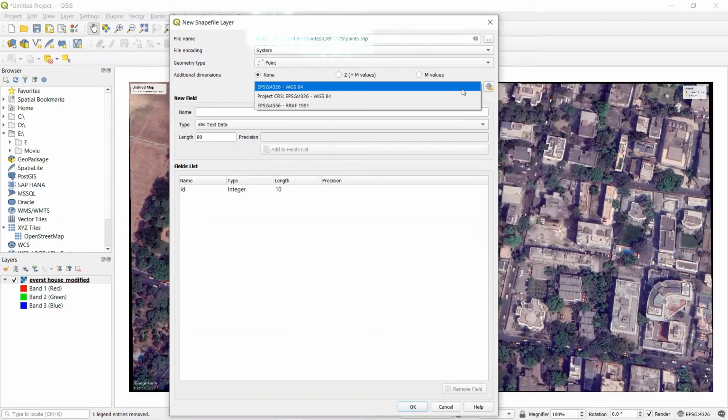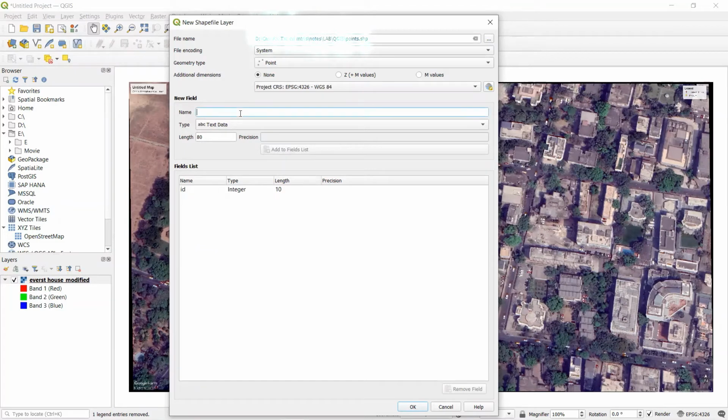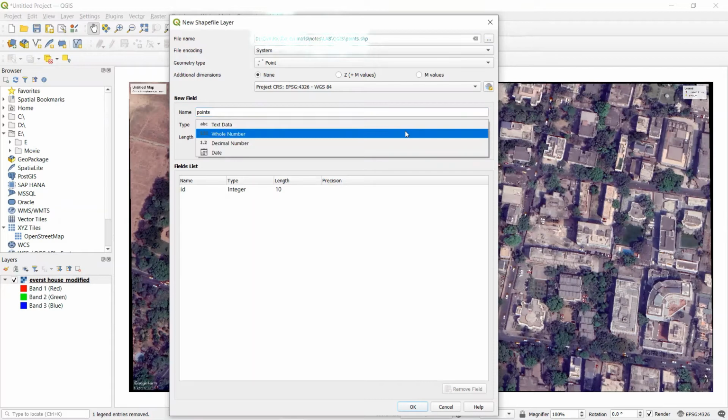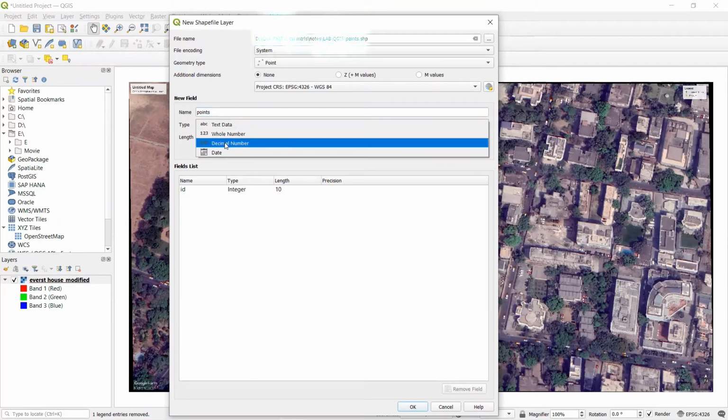Click this drop down and select the project CRS. In the new field, enter the name, file name. In the type, click this drop down and select decimal number.